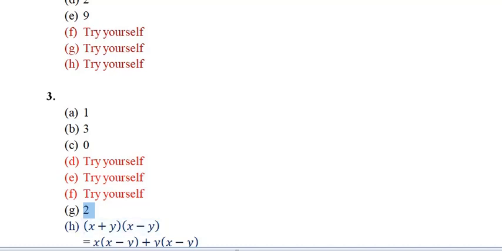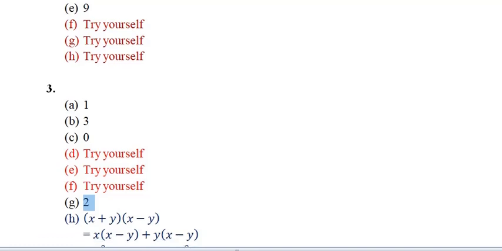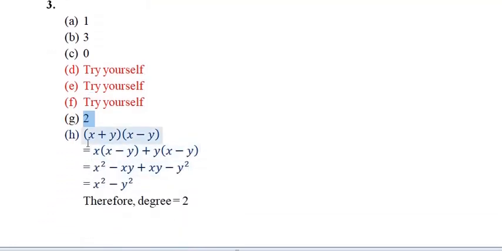Okay. So question number 3H, the question given here is: inside the bracket it is x plus y, and in the other bracket it is x minus y. So when you open the bracket, this x you are writing out here, and there is a plus sign, so we are writing plus and y. So you separate this. So this is your x, and open the bracket. Now put all these items x minus y out here.